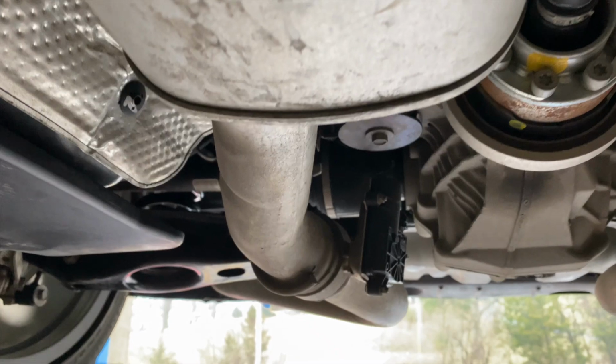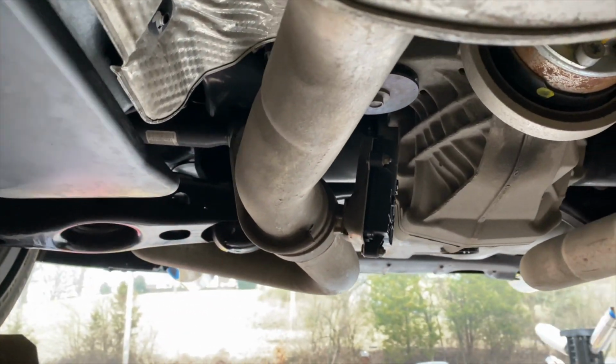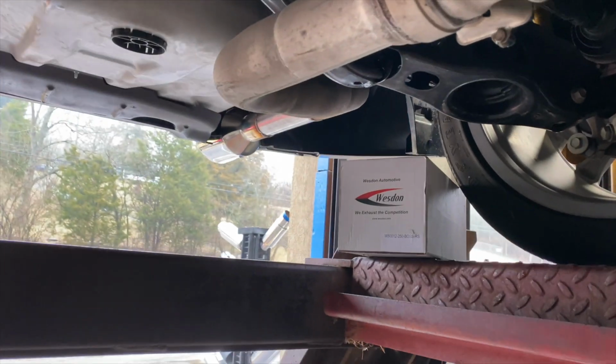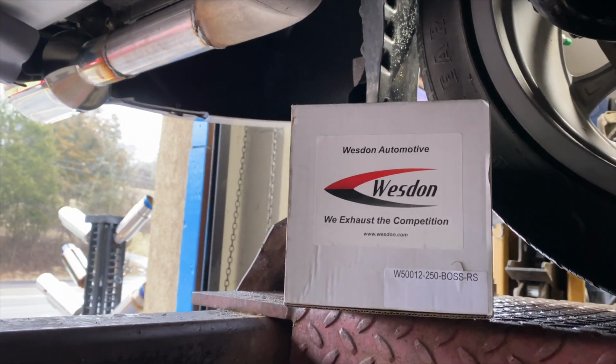Then it's got the factory valves that you guys never want to cut off unless you get it programmed or tuned. There and there, that's when it opens up for sport and all that good stuff. Then we did a rear muffler resonator delete there, and put some 5-inch Westdon exhaust tips, part number